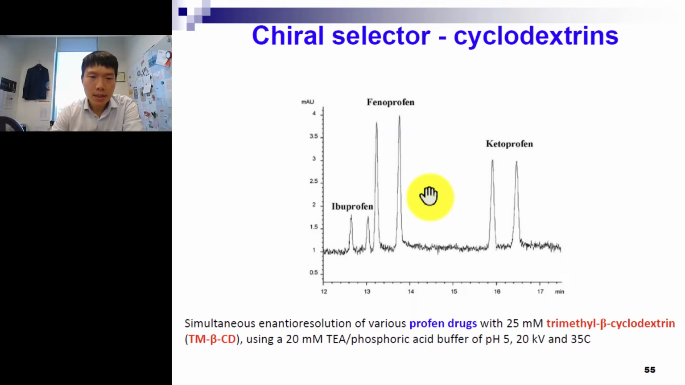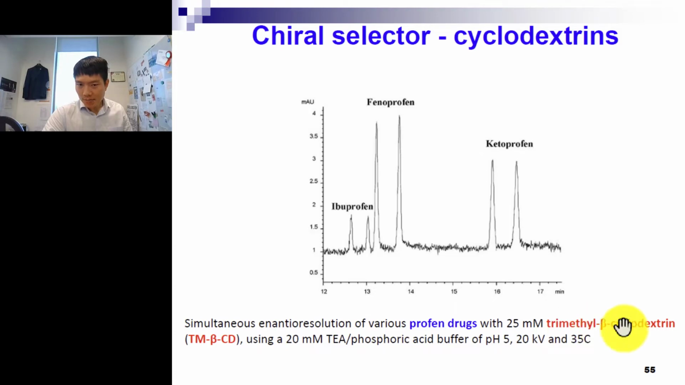So, another snapshot of this electropherogram here, because ibuprofen, phenylprofen, ketoprofen, all these are similar kinds of NSAID drugs, right? And they also are chiral, so we can separate them. You see, remember just now 1, 1, 2, 2, 3, 3, right? These are the profen drugs here. Note that in the condition, we can always spot whether it's chiral by looking at